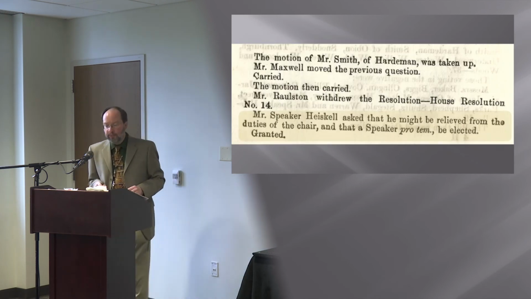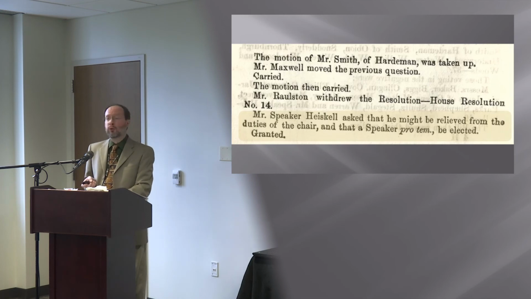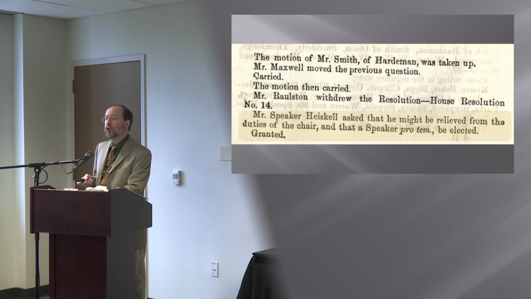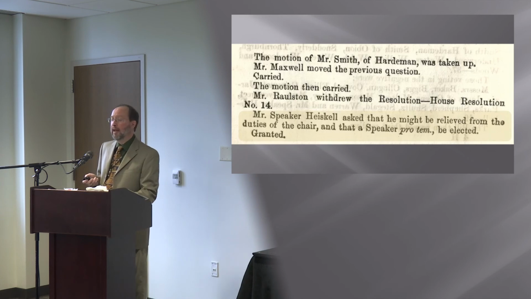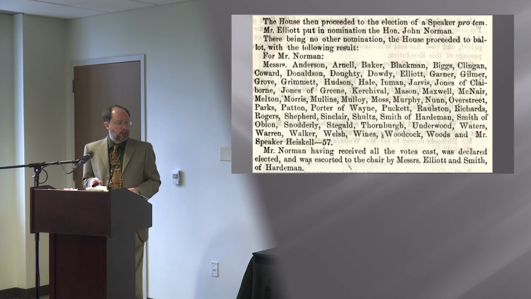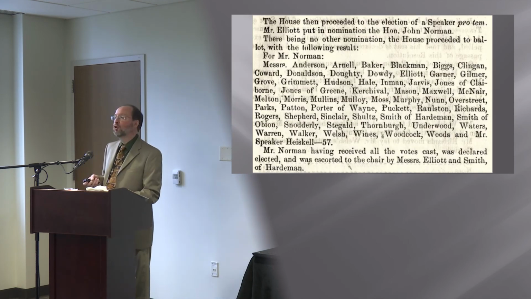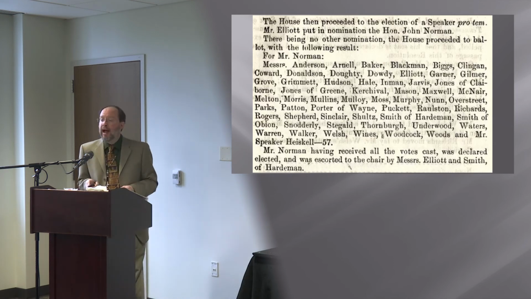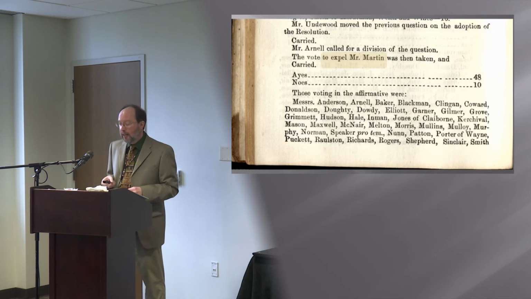The next day, Representative Ralston withdrew his resolution, and Speaker Heiskell asked that he might be relieved from the duties of the chair and that a Speaker pro tem be elected. Representative John Norman was then elected Speaker pro tem of the House, and it was he who signed Senate Joint Resolution 2 ratifying the 14th Amendment. And then, on July 24th,